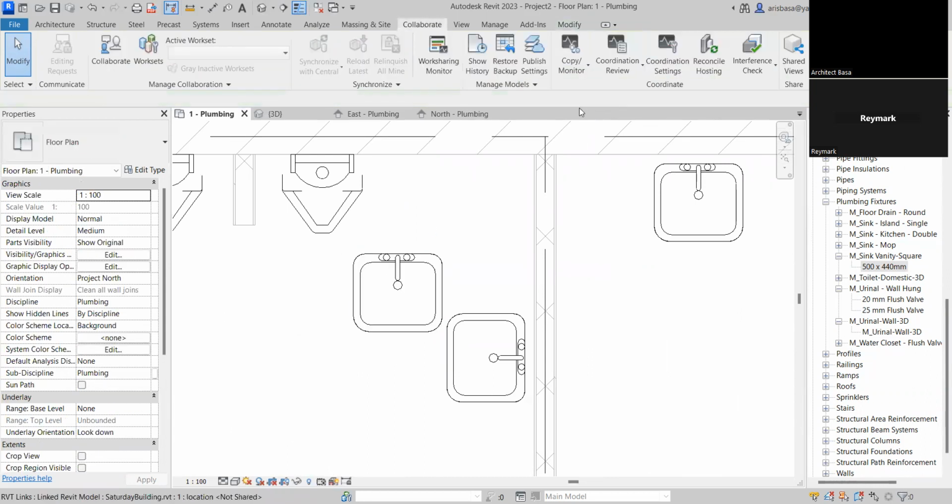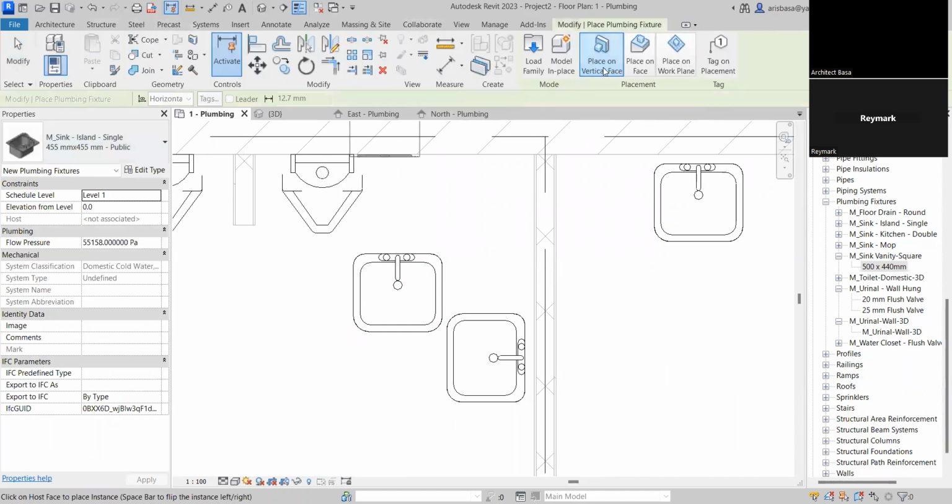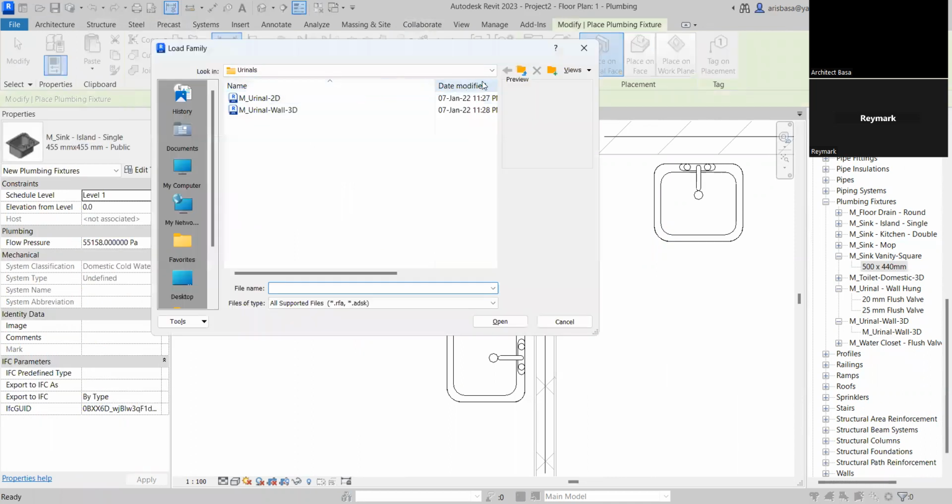So let's just take one from our folder, plumbing fixture. Oh, sorry. Plumbing fixture, let's load family. We go now to our MEP folder. Okay, MEP folder. And let's